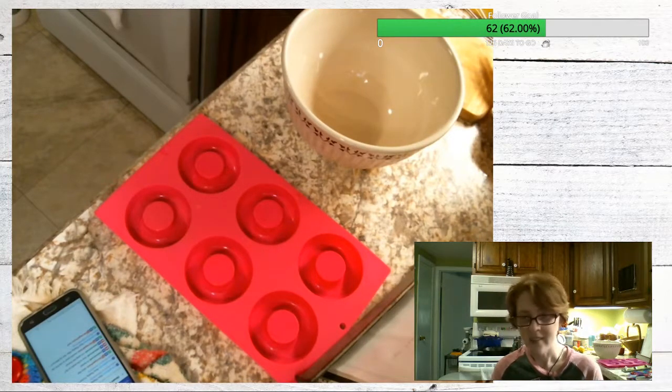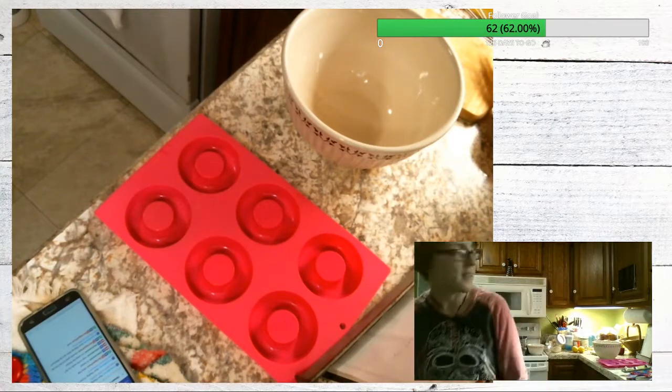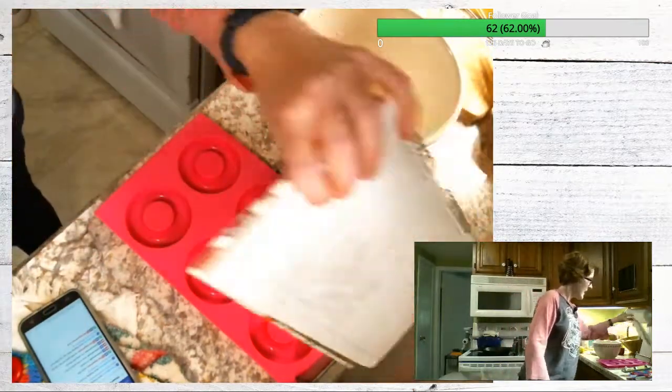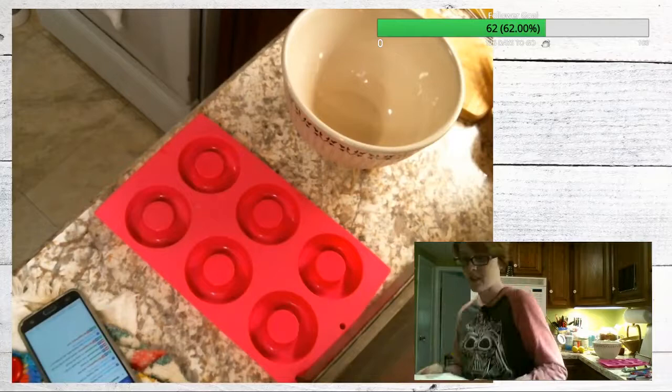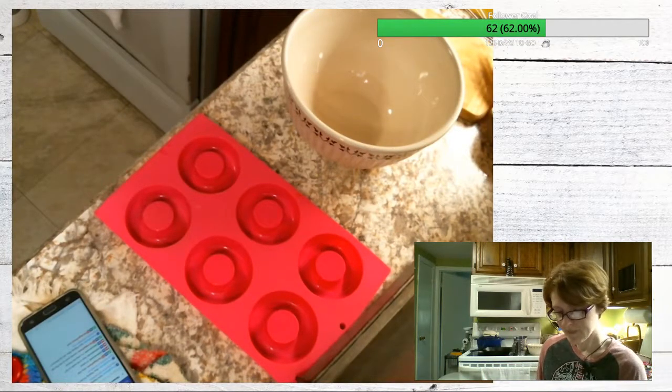So the recipe that I came up with is inspired by a couple different recipes. So, you know, basic stuff: flour, sugar, salt, baking powder. I'm going to use cornstarch in place of an egg. And then we're going to have some blueberries and a little bit of...